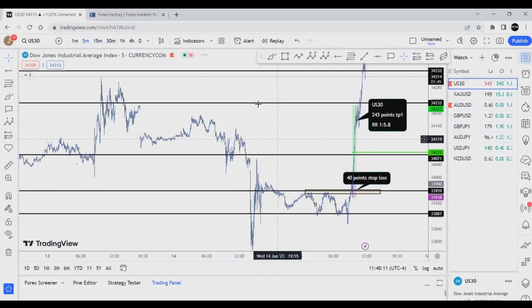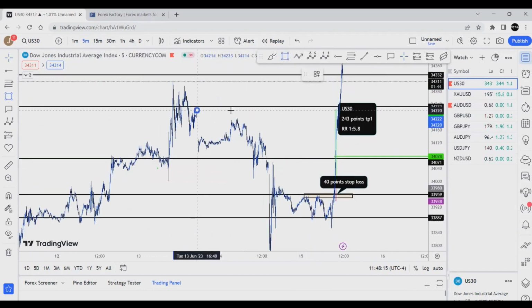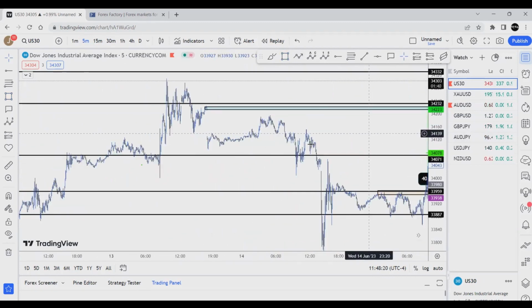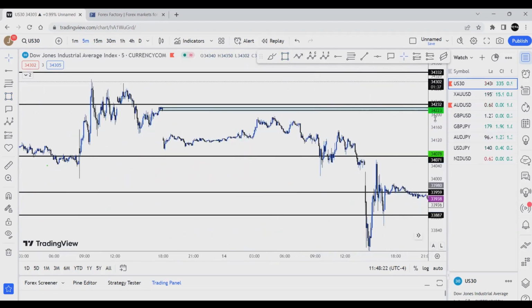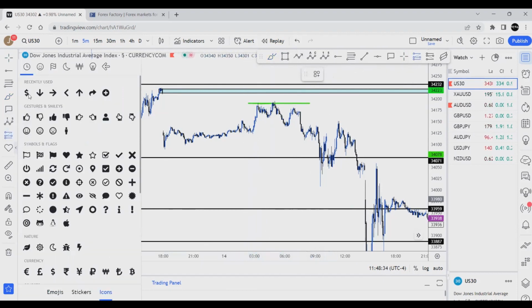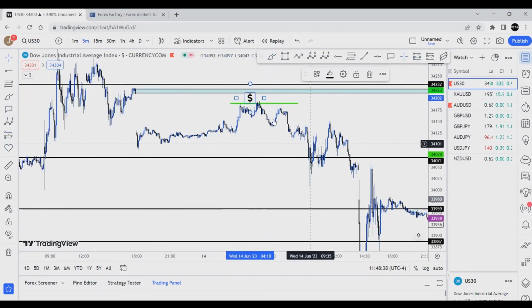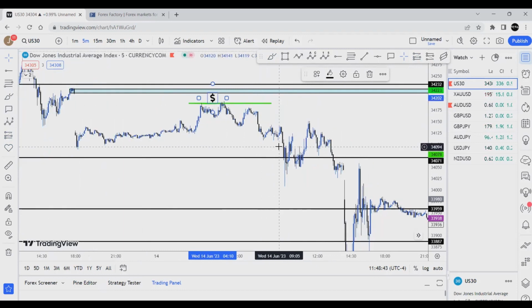One of the key things that we noticed on US30 was that there was an imbalance right here. So that is what we chased. There was a gap in the market. Over here, we can see there's a major gap in this market. Price did come up a little bit higher, but I treated this zone as liquidity, a double top. Whenever there's a double top, there's money sitting above. Double bottom, money sitting below.